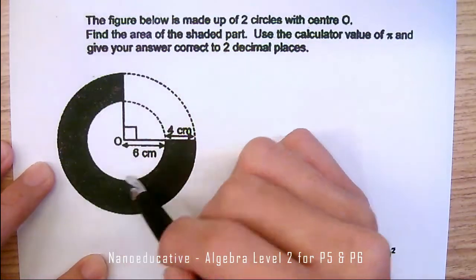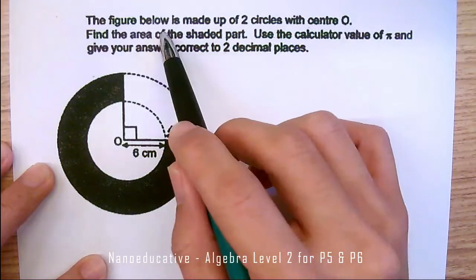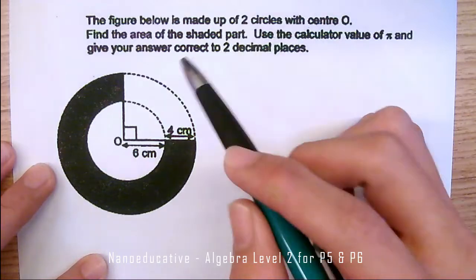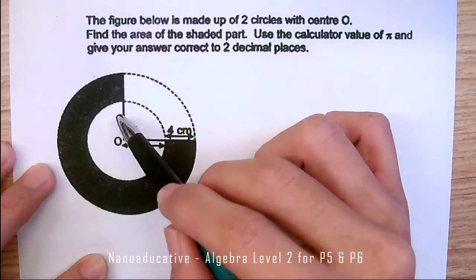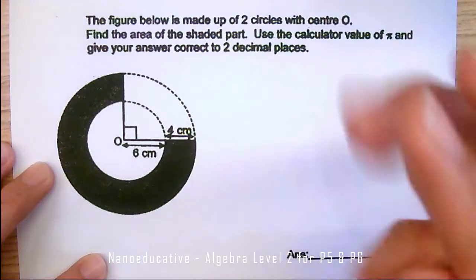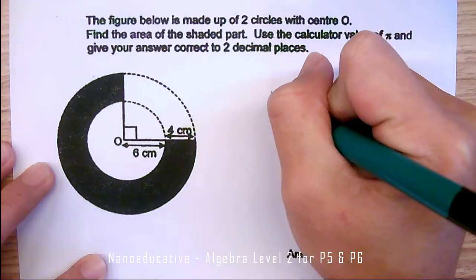I'm going to redraw this because this dotted line means it doesn't exist. So the question over here says it's made out of 2 circles. It's grammatically wrong. It should be made out of 2 3/4 circles, because dotted line means it doesn't exist. So if I were to redraw this, it will probably look something like